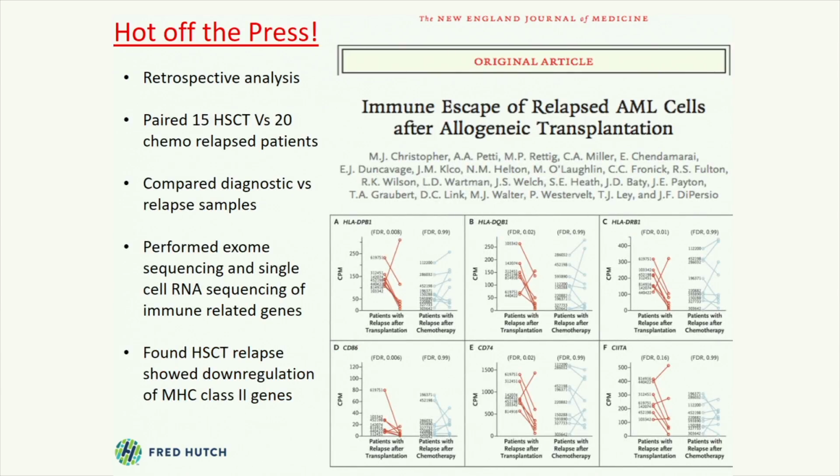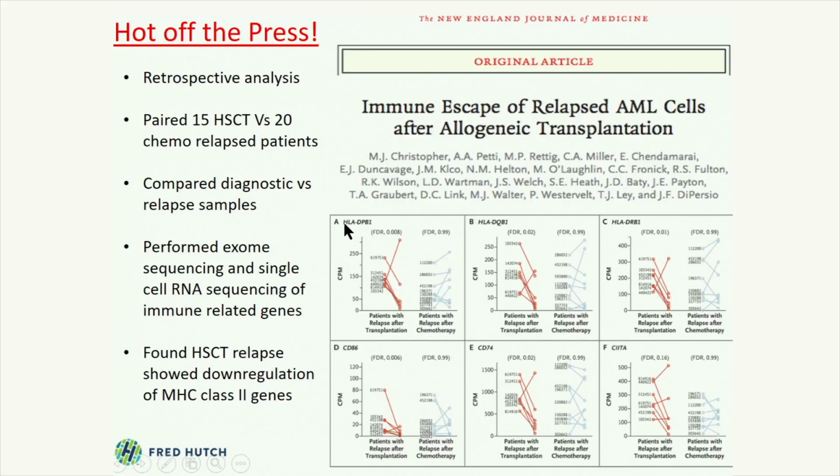And what's really interesting, those folks over at WashU, the other UW, did this really interesting study. This was published on Halloween, just about 14 days ago. They did a retrospective analysis. They paired relapse patients, 15 relapse from transplant, 20 relapse from chemo. They looked at the diagnostic sample and the relapse sample. They did exome sequencing as well as single-cell RNA sequencing of immune-related genes. And what they found